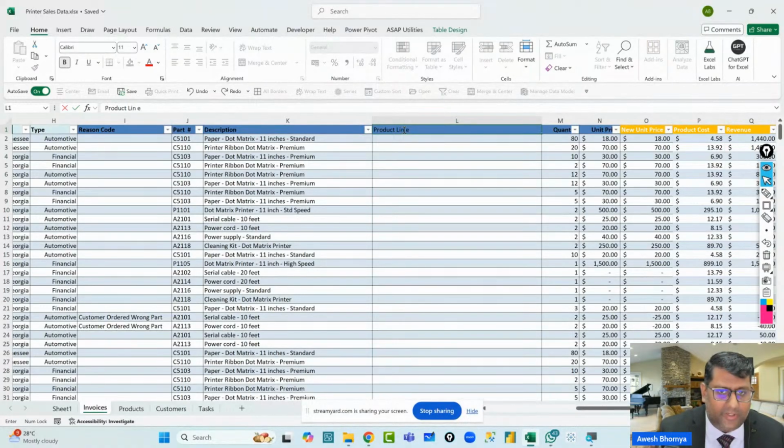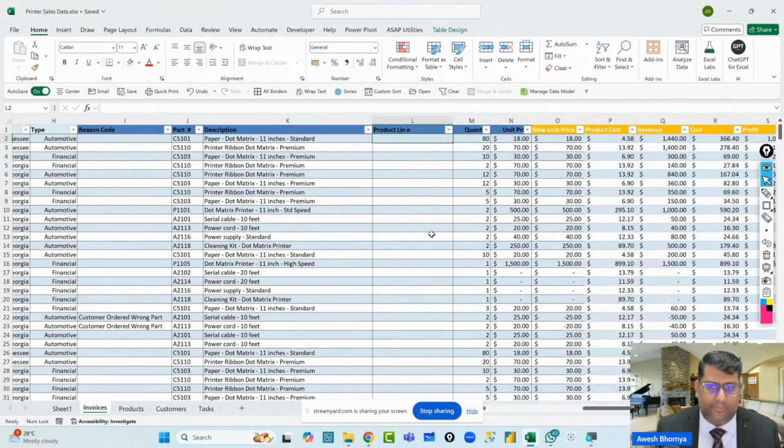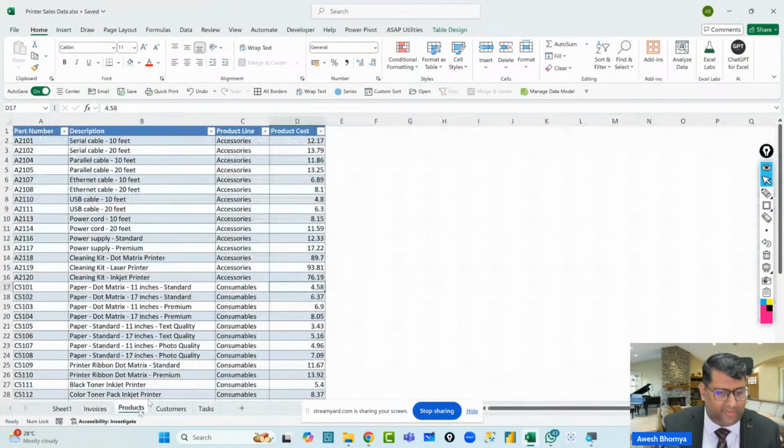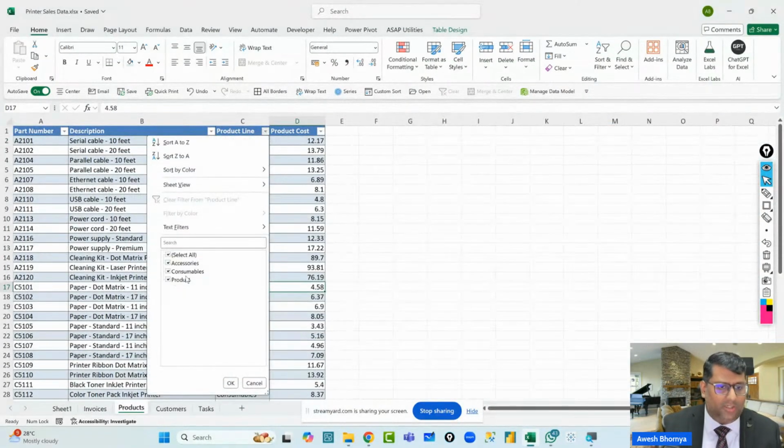So basically the company deals in 3 main product lines. One is a product line that belongs to the product itself. For example, you've got product, that means the printer itself. Then you've got accessories. Along with the printer, maybe you need some accessories like the cable, or maybe the network cable, or the router cable, I mean, the printer USB cable, etc. And the third product line is consumables.